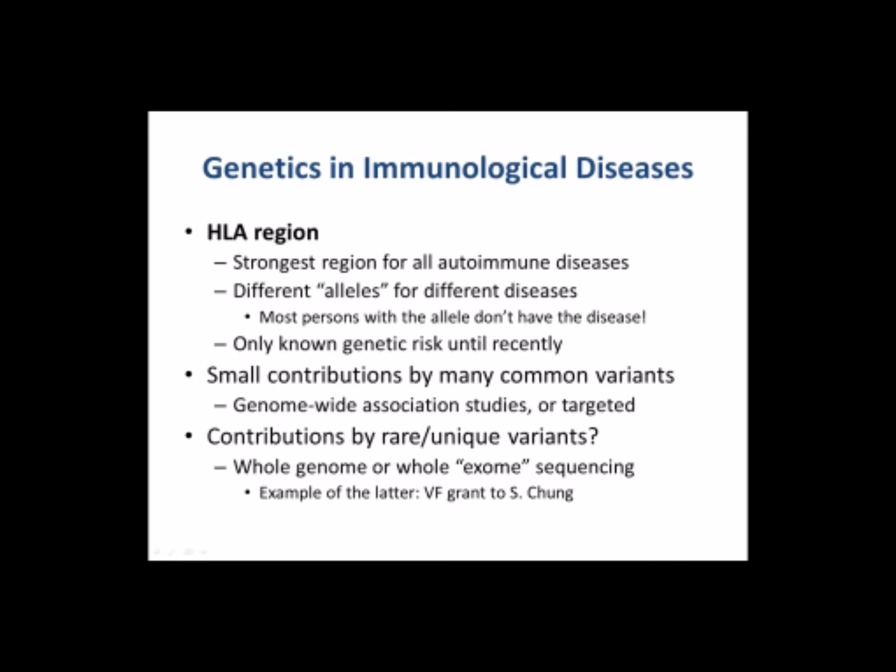And until recently, this was really the only known genetic risk of the different forms of vasculitis. In addition to that, there's really been a revolution in studies of genetics recently: there are small contributions to risk made by many common variants. And what that means is that